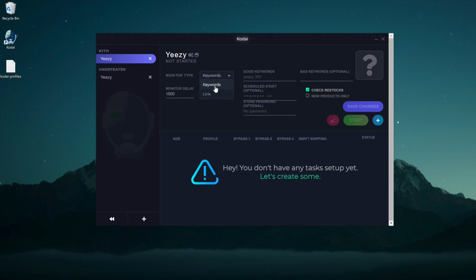Here you can choose between keywords or links. If you switch to links, you can put in your early links. If you're using keywords, you simply say the word, you don't put a plus or minus. So let's say we're going for Yeezy, but we want to avoid infants. Proxies, you choose the proxy list. Scheduled start,